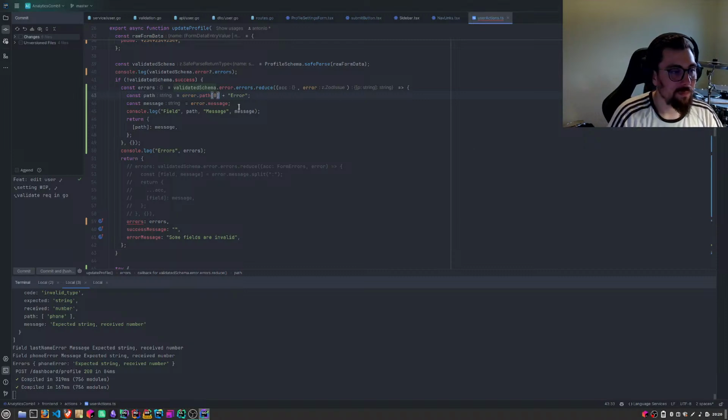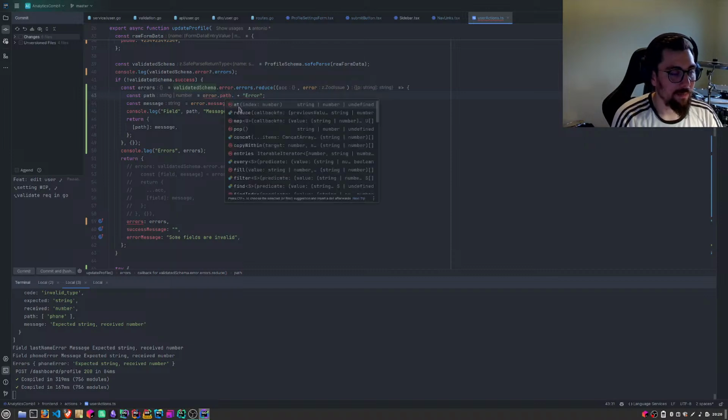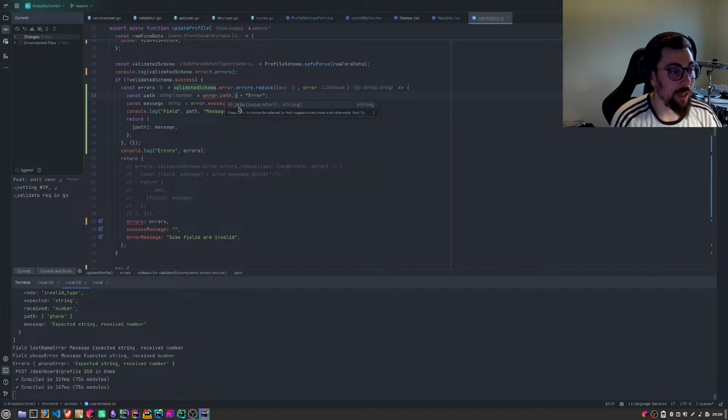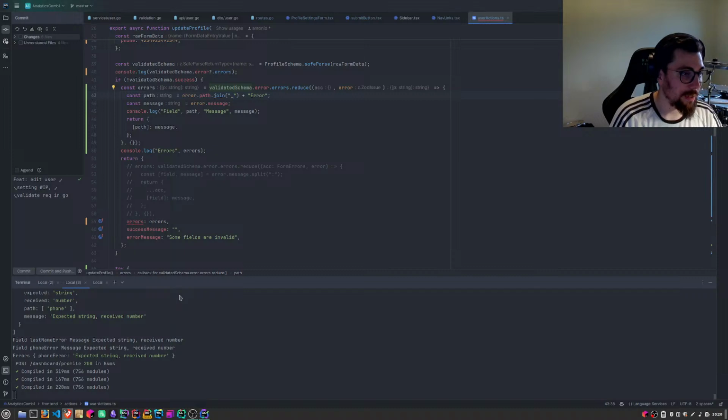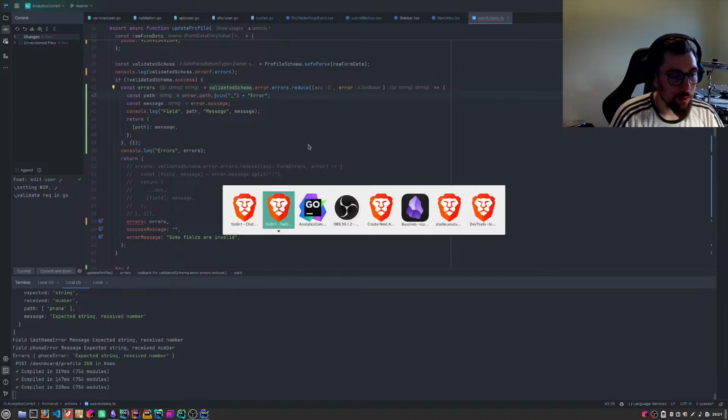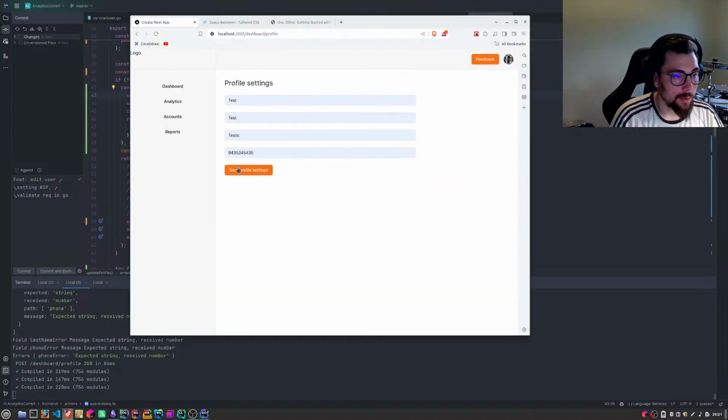Can we do? I have to flatten this array because for whatever reason, path is an array. So I don't know, but let's log this out. No. Create next step.